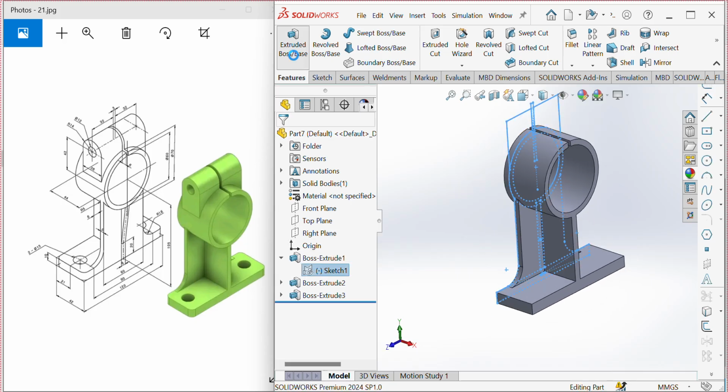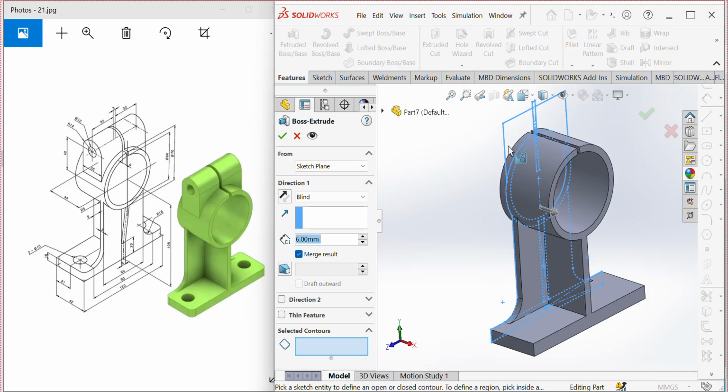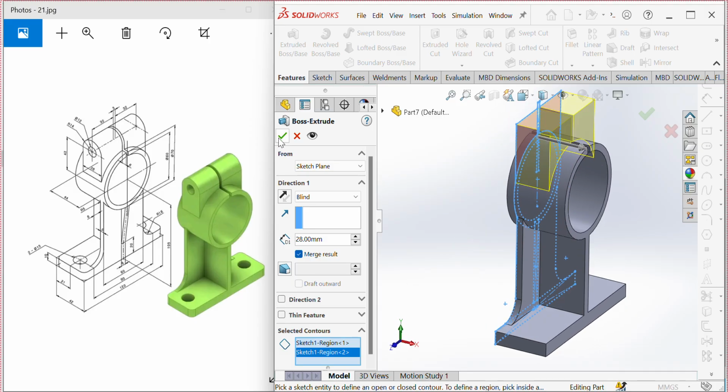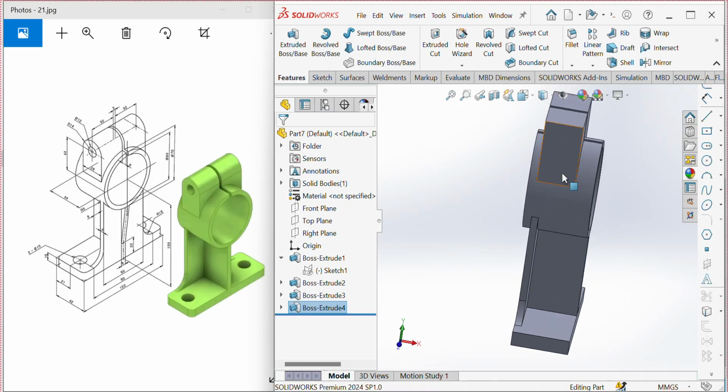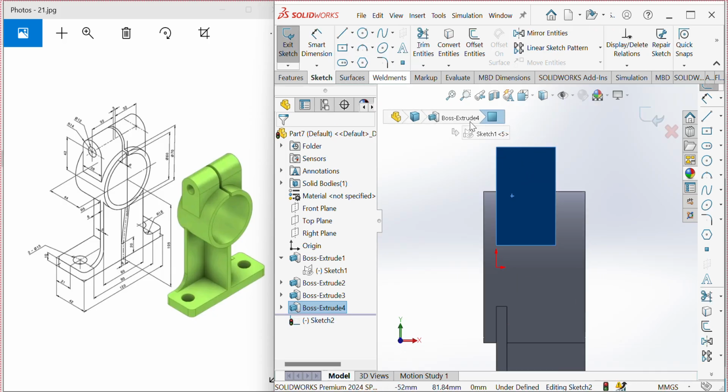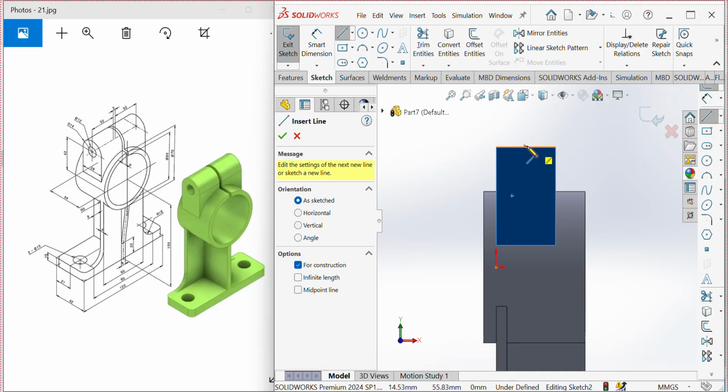Sketch 1, extrude. Let's select on this contour, 28 in distance. So let's sketch on this face. Let's use a center line